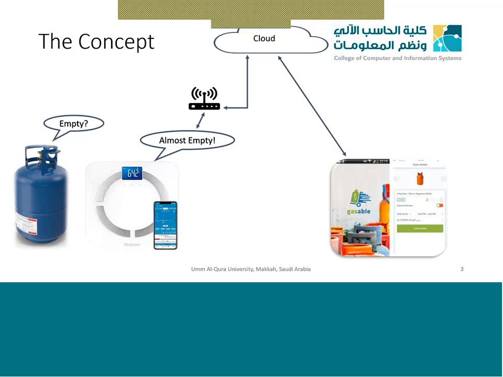But if all their gas containers, if all the homes are connected to their server, they will know what is the current status of which cylinder or which container. And whenever most of them are empty, they will have already a new container in the backup, and they can provide it to the customers based on whenever it is going to be empty. So what we did was, we are not only measuring the weight of the cylinder, we are also communicating with the app. So this is the actual Internet of Things, in which things communicate with things. Basically, before that, we had an Internet of people.